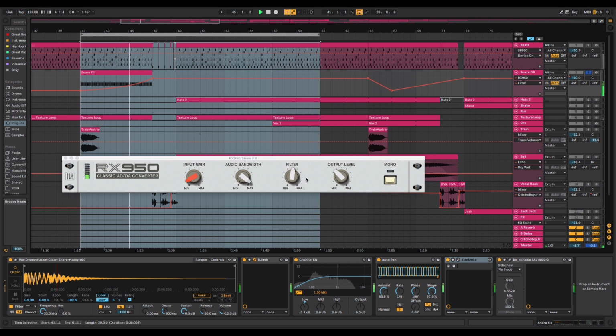So you can see here the RX 950 filter opening. Space from the black hole after. So that's really nice in building up the energy. So when the train comes in,